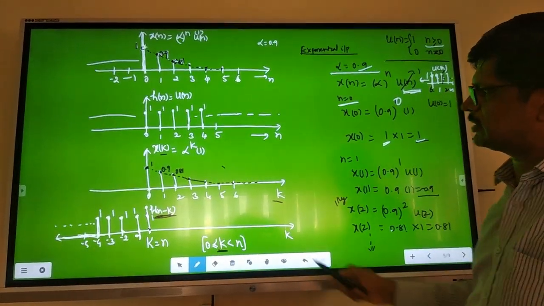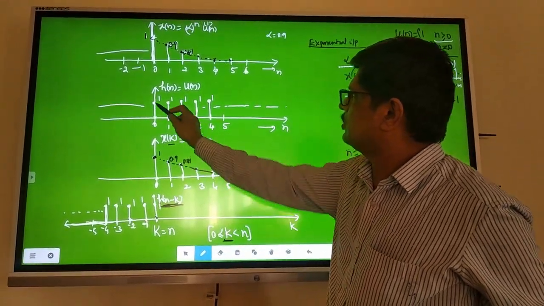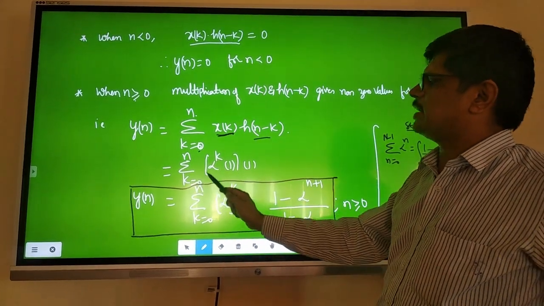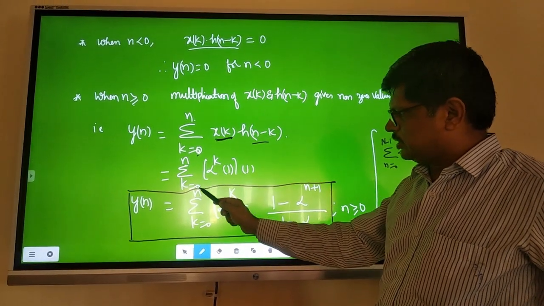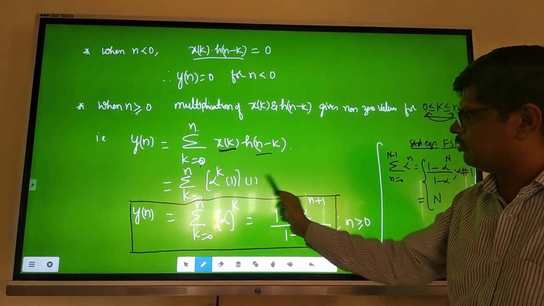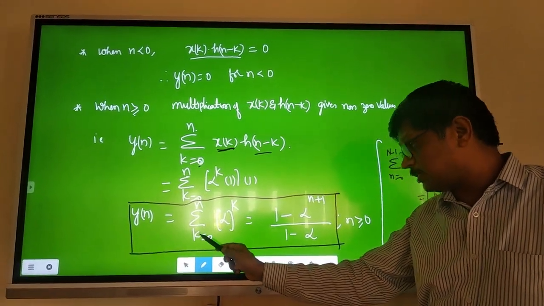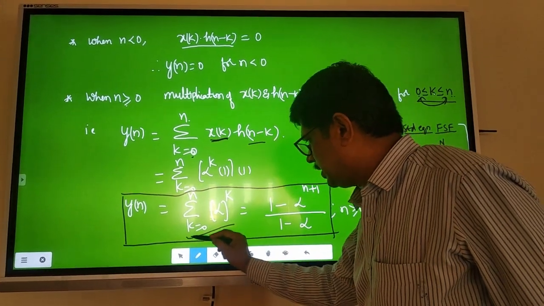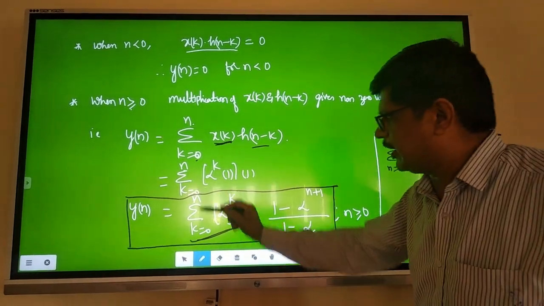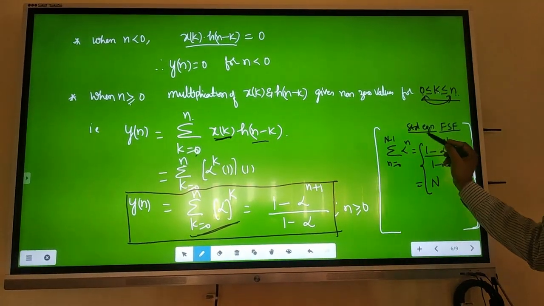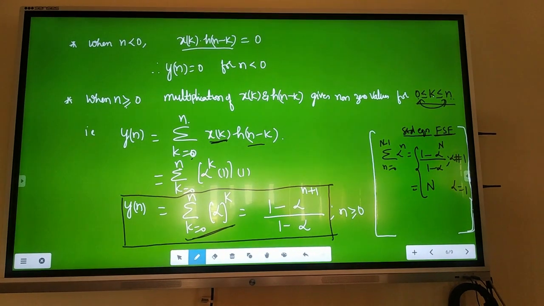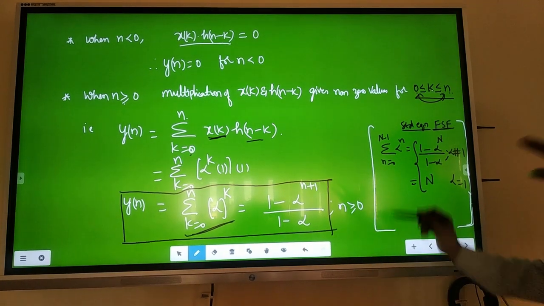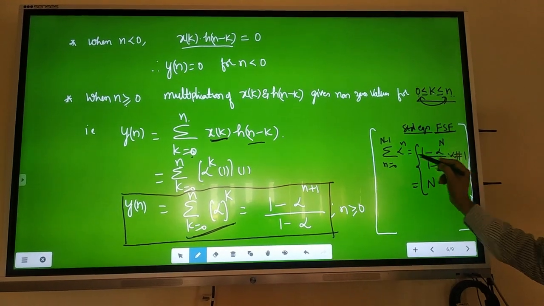H of n minus k is also 1. H of n minus k is also a unit step function, see this. It is 1 in amplitude. Therefore, your expression is summation k is equal to 0 to n of alpha to the power k into 1. That is equal to the summation from k is equal to 0 to n of alpha to the power k. Then there is a standard equation for this that we already know. It is a finite sum, k is equal to 0 to n. What is the standard equation we have already done in all previous sessions? When alpha to the power n, the summation varies from 0 to n minus 1, let's say finite sum 0 to 8.